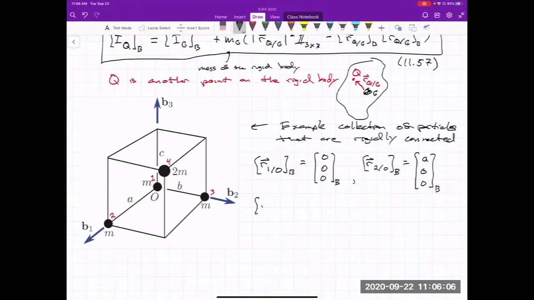And hopefully you get the idea, right? R3 is at 0, B, 0 with respect to the body fixed frame. R4 is the unusual one because this is a parallelepiped, so it's A in the B1 direction, B in the B2 direction, and then C in the B3 direction. So once you've got this far,